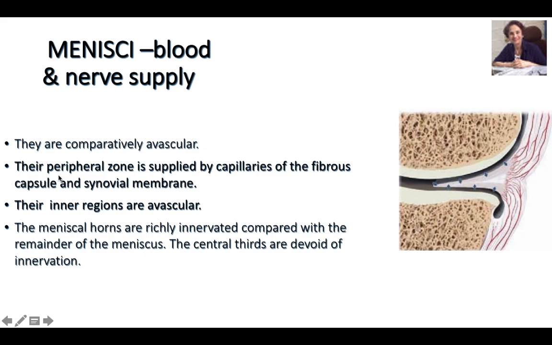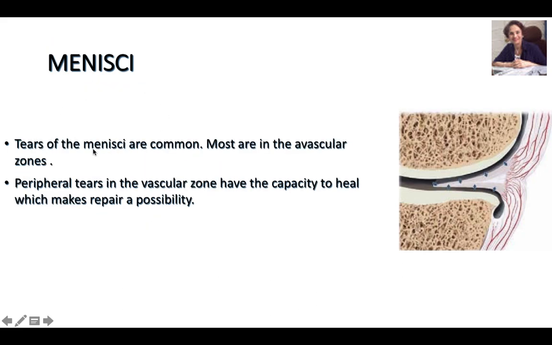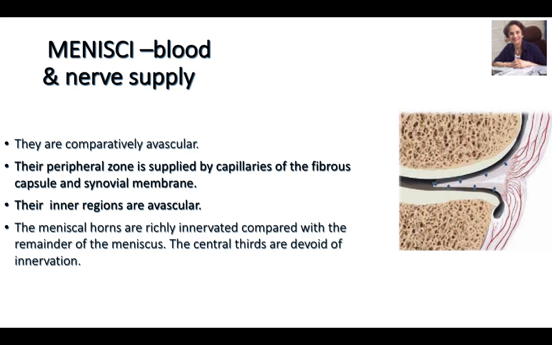The menisci are comparatively or partially avascular structures. That is because the inner, narrow portion is devoid of any blood supply, but the peripheral area is richly supplied by blood vessels coming from the capsule as well as the synovial membrane. As far as the nerves are concerned, the meniscal horns are richly supplied by nerves compared to the remainder of the meniscus. While the central 2/3 does not have any nerve supply, the inner regions, as we have already said, are